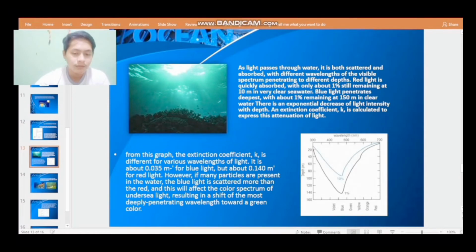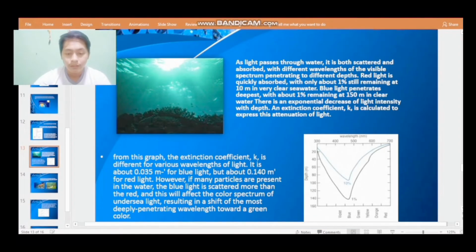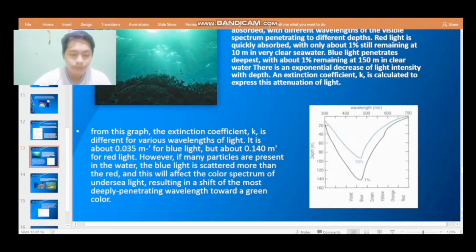As light passes through water, it is both scattered and absorbed, with different wavelengths of the visible spectrum penetrating to different depths. Red light is quickly absorbed, with only about 1% still remaining at 10 meters in very clear seawater. Blue light penetrates deepest, with about 1% remaining at 150 meters in clear water. There is an exponential decrease of light intensity with depth, and an extinction coefficient K is calculated to express